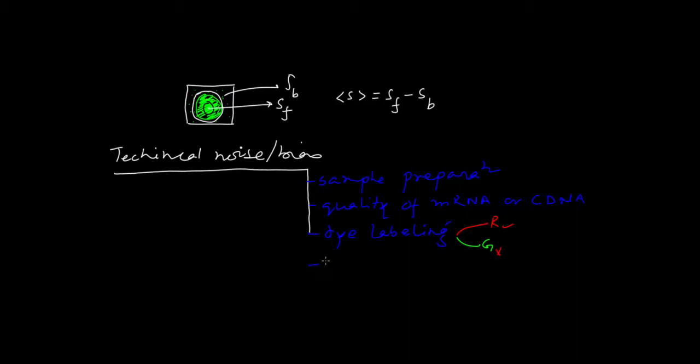You can also have bias during the imaging process. If your image analysis was very noisy, with too much noise, these things will also not work properly. So you can have a lot of technical noise in your data, and we have to take care of these. For example, let us look at how we really identify